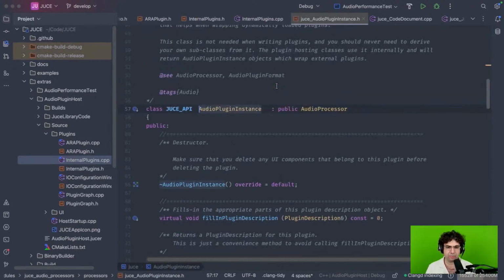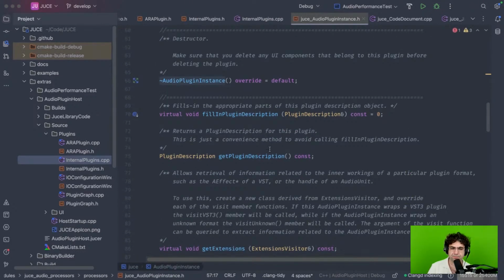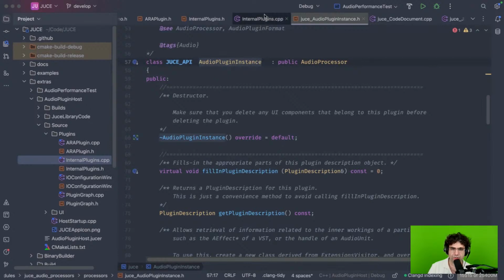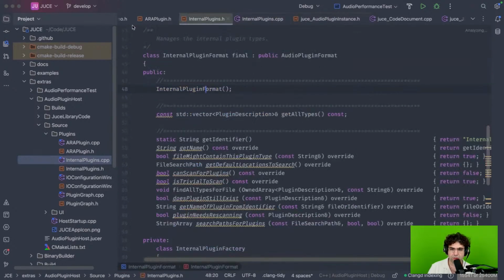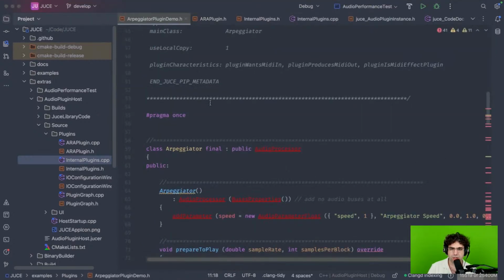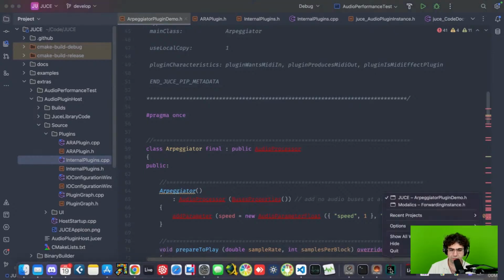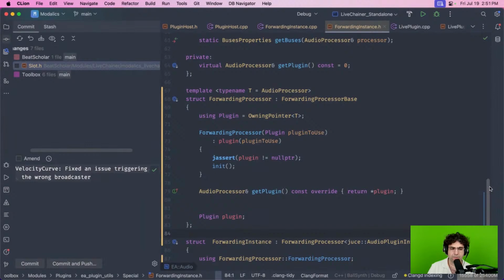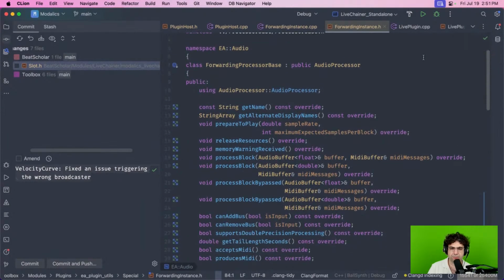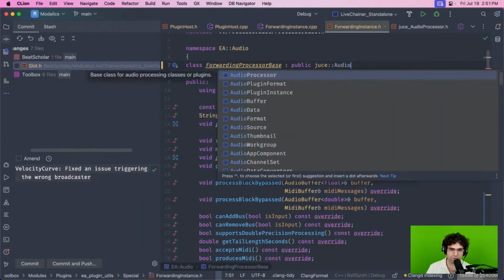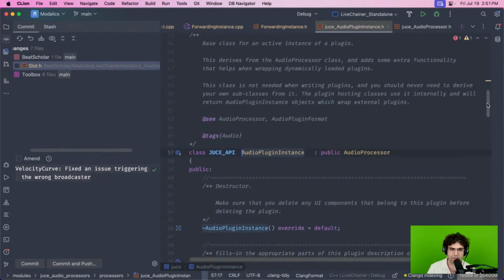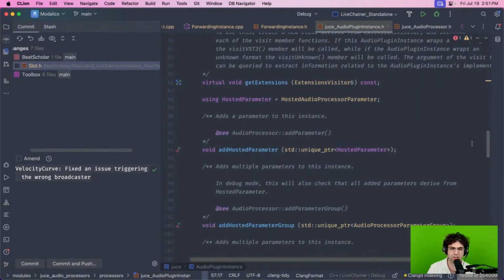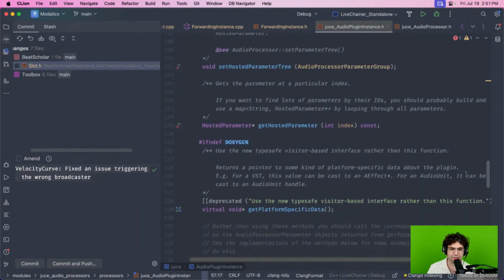Yeah, so I think there's going to be an issue here because this instance class also inherits from processor. It's going to make it difficult. Let me think. I might be able to just make this inherit from Juce audio plugin instance, right? Because this is essentially the same. Is this overriding anything? Wish I didn't do it like this, by the way. I wish I didn't make this inherited, but